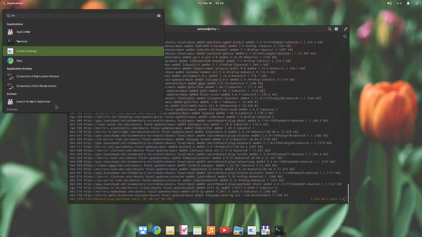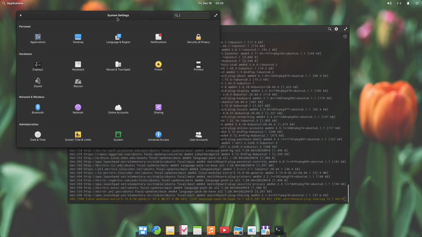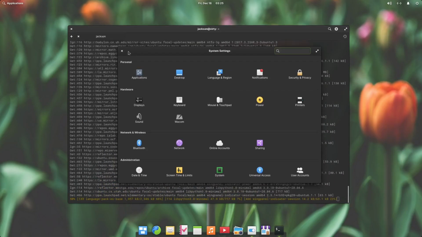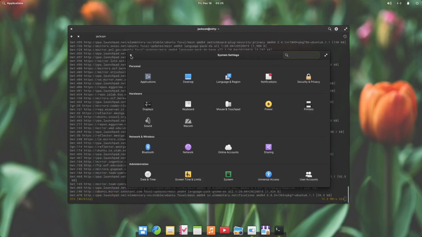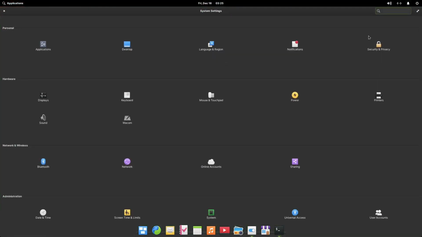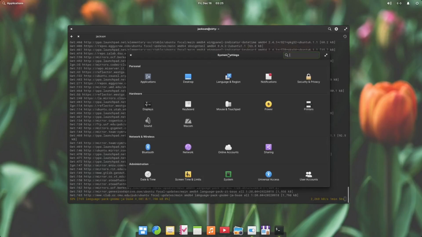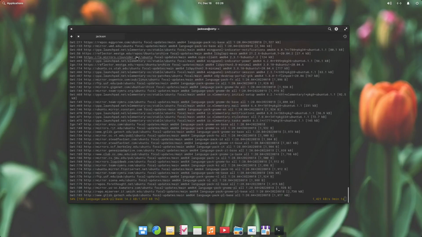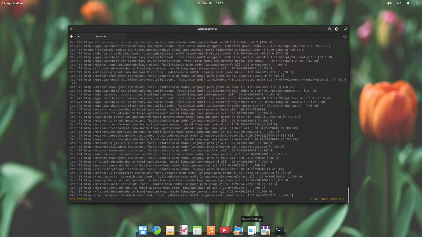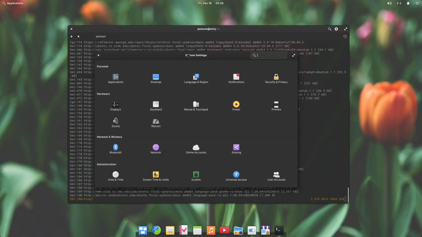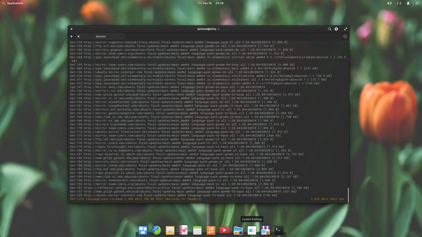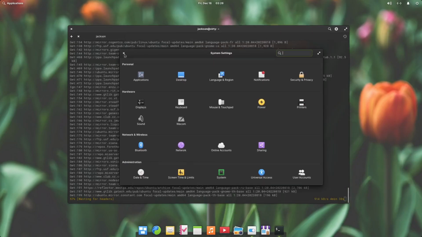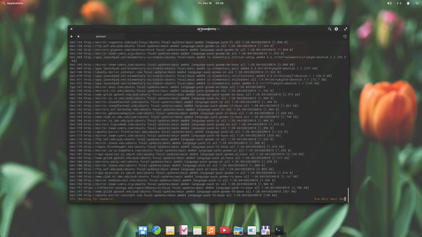Okay, system settings. Bet you didn't see that coming, because I typed in terminal. But so you've got the close button here. So this is the maximize button and the minimize button. And you actually have to do mod H to hide. I don't know why that is, but I actually kind of like that. So mod H to hide. So this is the close button, and it just closes.